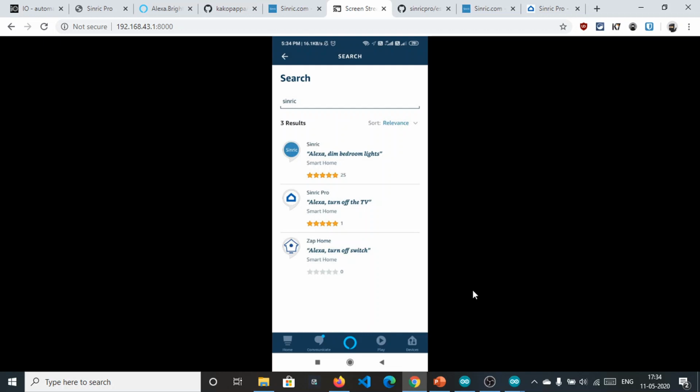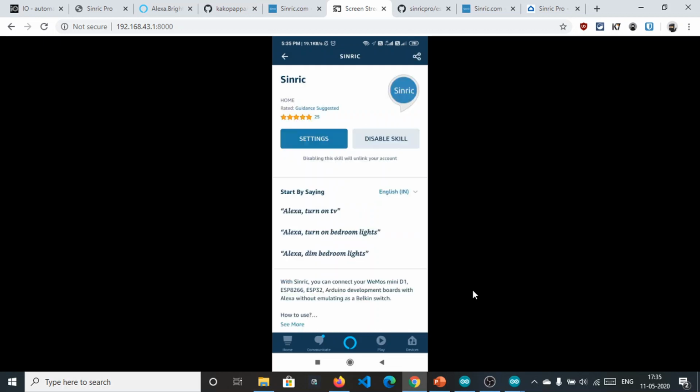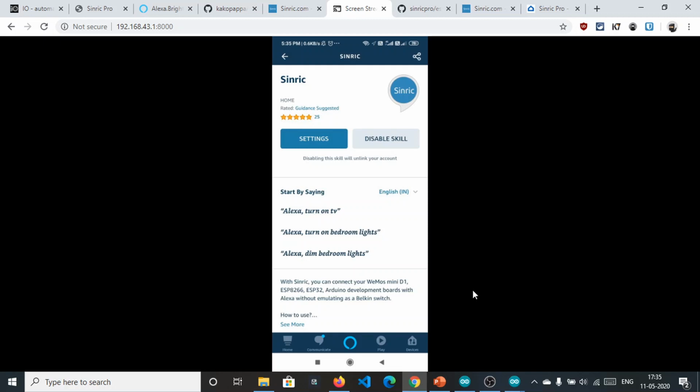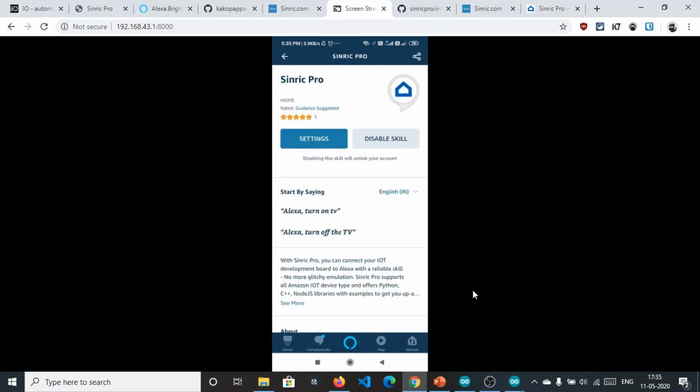One is Synric, which has 25 user ratings, and the other is Synric Pro, and we are using both of these. So you need to click on Synric, install it and enable it. It's not that complex. I have already enabled it, so it's showing right now. So we click on Synric Pro and also install this one.